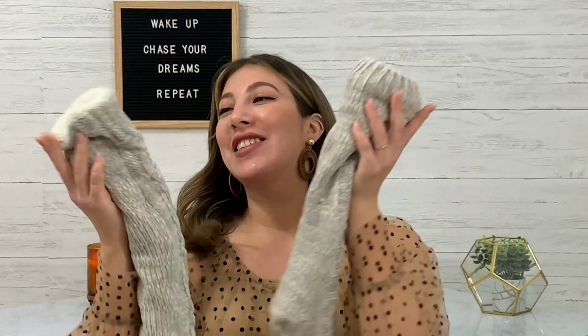Okay, next up, and I feel very excited about this product for some reason. I don't know why, but I'm talking about reading socks. So these reading socks, I think you can find in a lot of stores. I got them specifically from Indigo Chapters. They have that section where you go and you have all the different types of reading socks. There's some for men, for women, for kids. And I have a few pairs of these and I just love wearing them for the winter months when it's